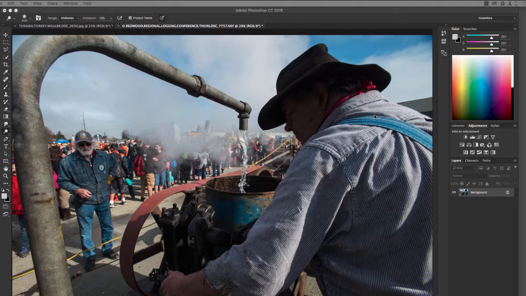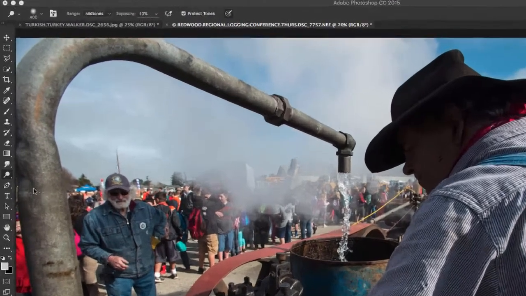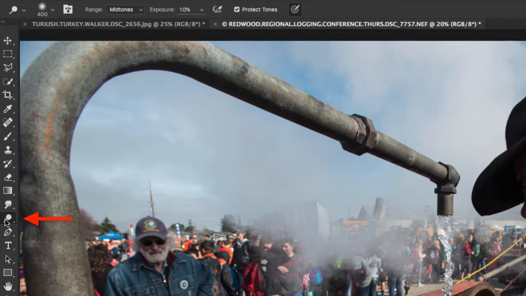Now the dodge and burn tools in Photoshop, their icons actually look like the tools they represented in the darkroom. And it's slightly important to know that because it helps you to determine which tool you need to use. Go over to the toolbar and select the dodge tool. It looks similar to a magnifying glass, but instead of a lens, there is a solid circle. I'm going to click and hold this so that you can see what these two tools are and what they